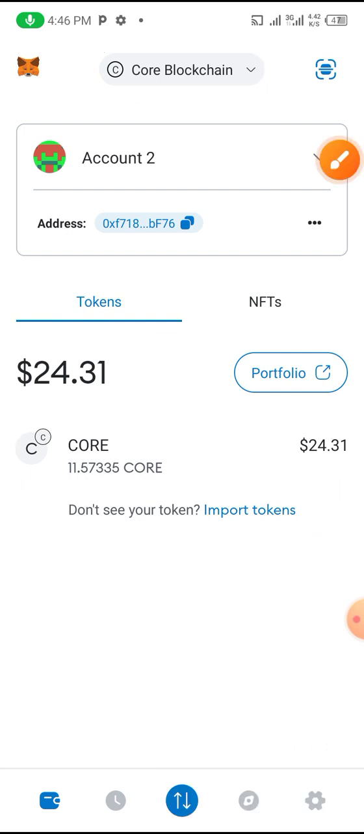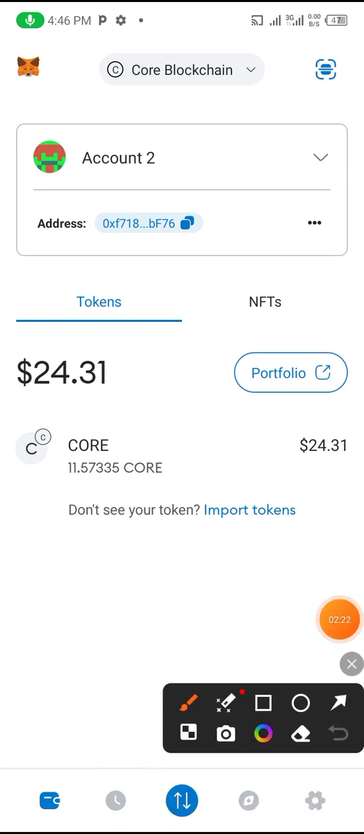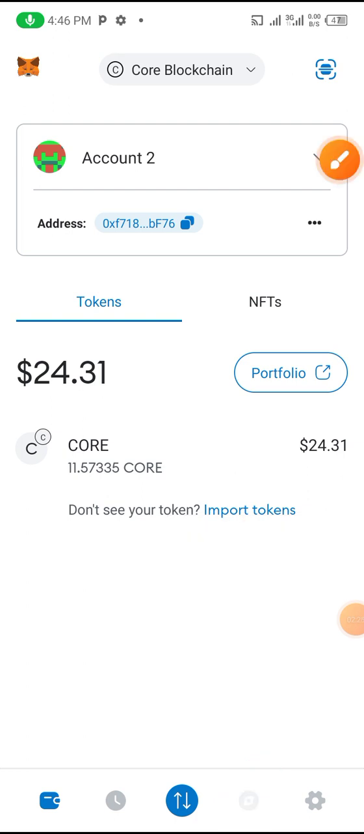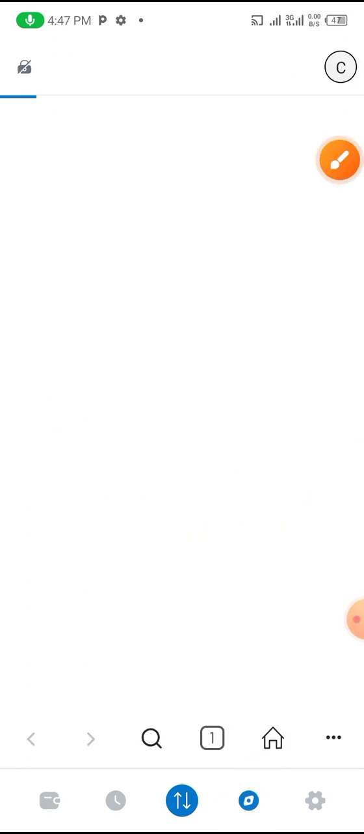So the first thing you do is to copy that link I told you to copy. Then you come to this place, to this browser on your MetaMask. You click on that browser. Once you click on the browser,